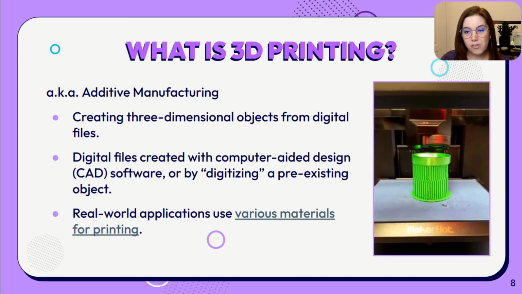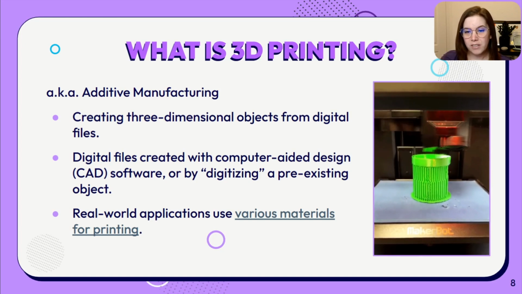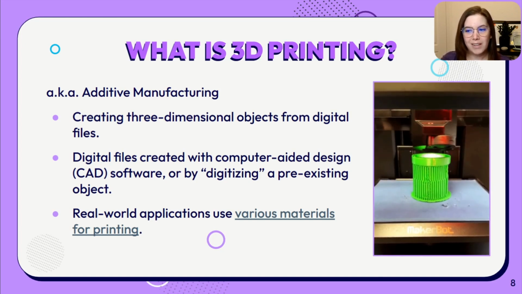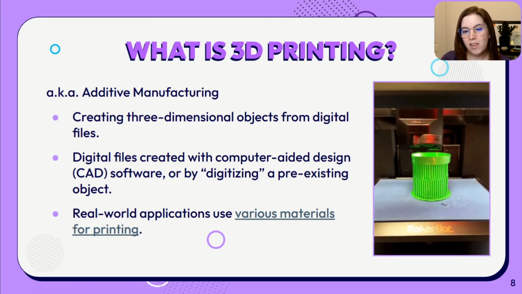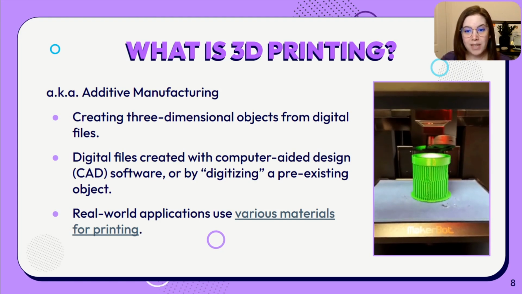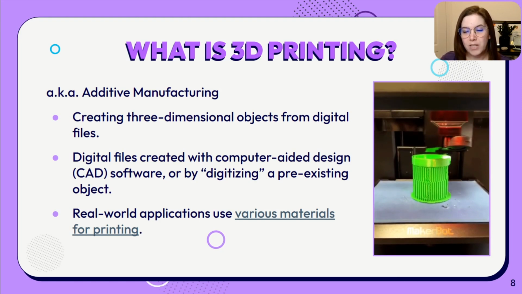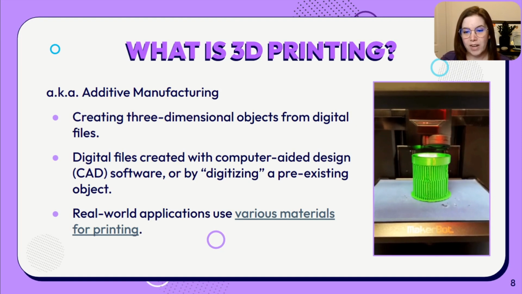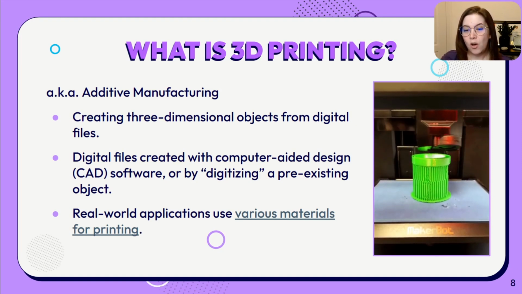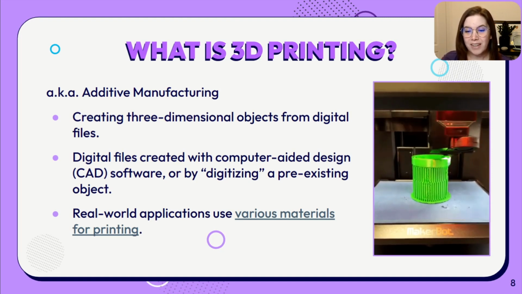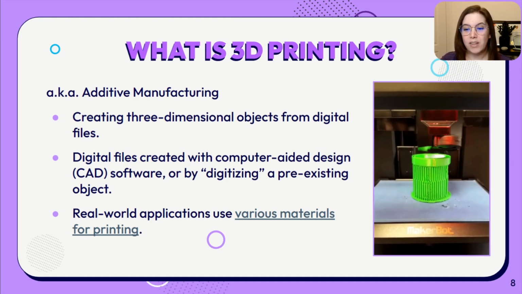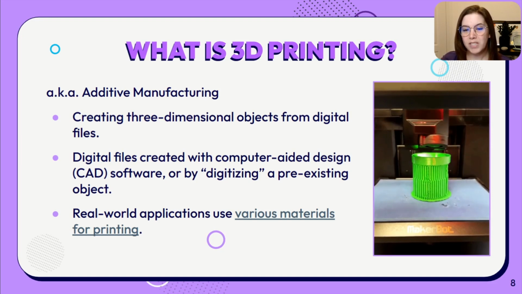The material that 3D printers use is called filament and can be made out of many different kinds of things, including metals, plastics, wood, and more. But polylactic acid, or PLA, is the most common and most beginner-friendly material. The digital files can be created in CAD, or computer-aided design software like Tinkercad, or by taking an existing object and digitizing it, either with an app on your smartphone or hardware specifically designed to create 3D models from physical